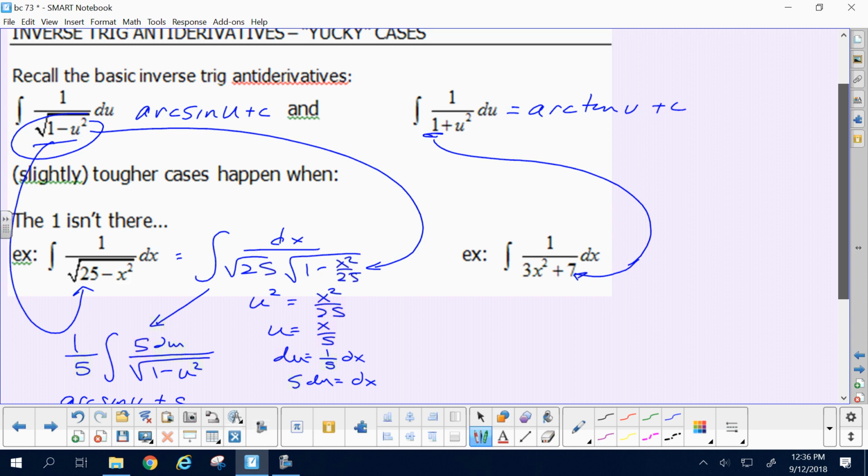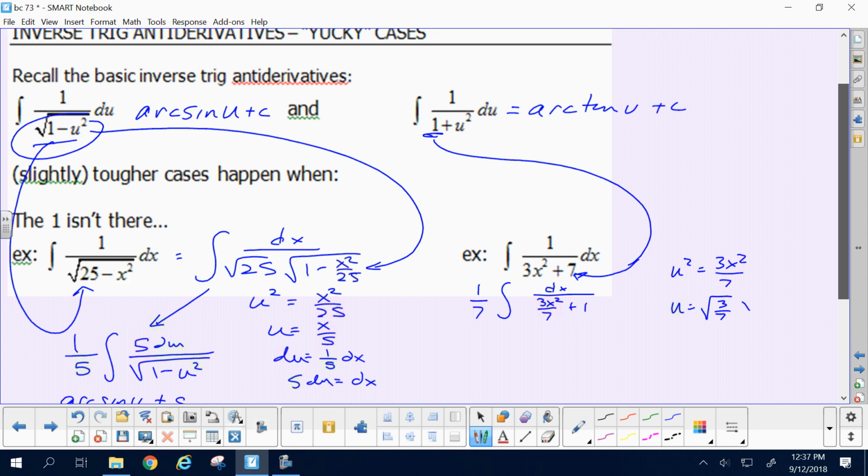Divide a 7 out. Okay, when I divide a 7 out, then I have 3x squared over 7 plus 1. Do you agree? Okay, after that, identify the u squared. In this case, u squared is 3/7 x squared, which means u is